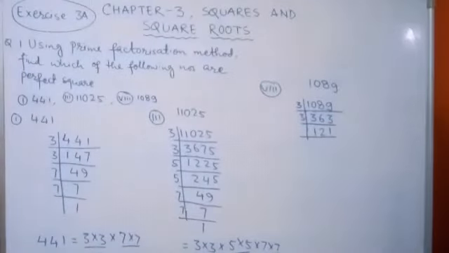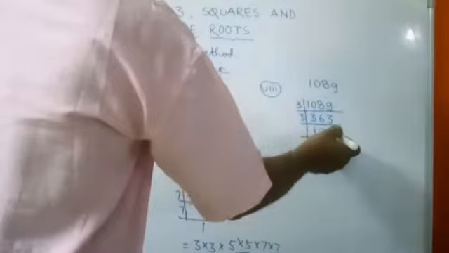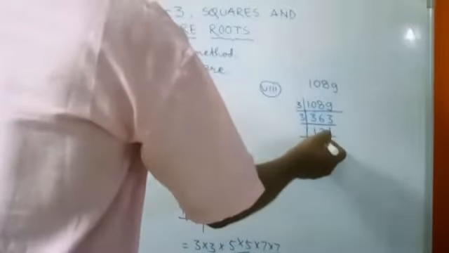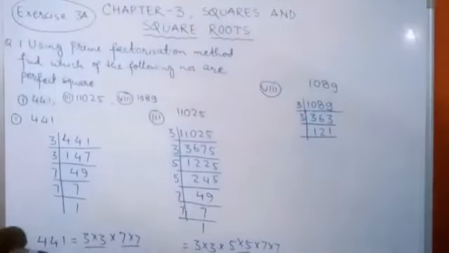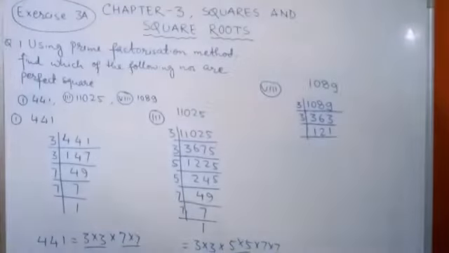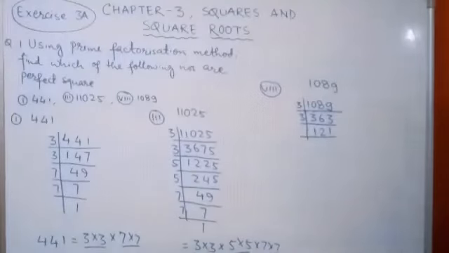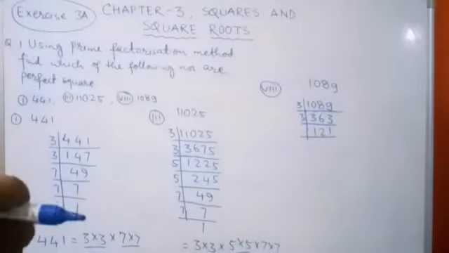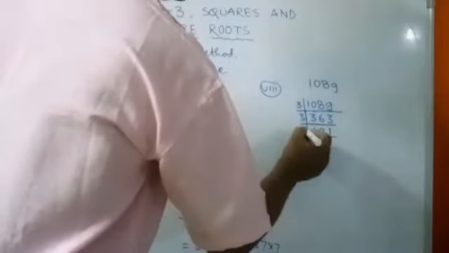Next, 121 is divisible by 11, because if we go through the test of divisibility, the odd and even place numbers present in the first and third place are 1 and 1. The sum of these two numbers is 2, and 2 subtracted by 2 gives 0. If the odd and even place numbers are added and then subtracted from each other, if their difference is 0 or a multiple of 11, then the number is divisible by 11.